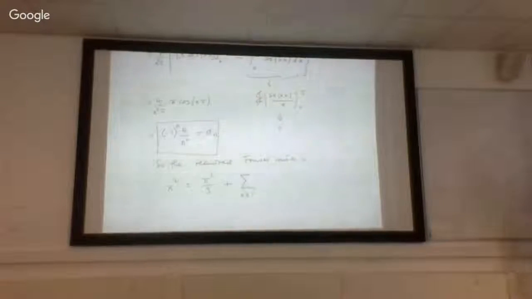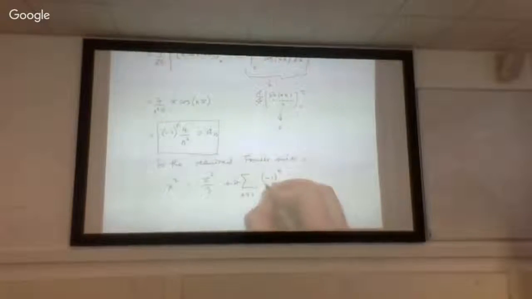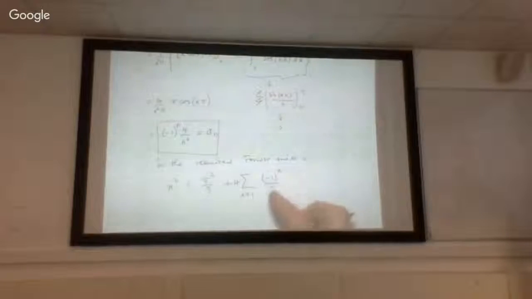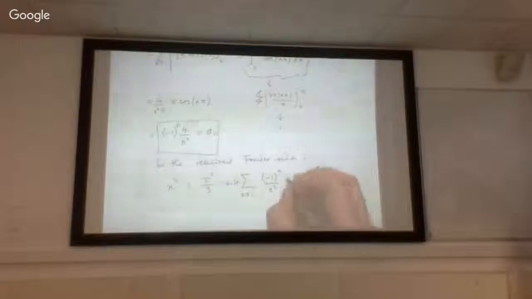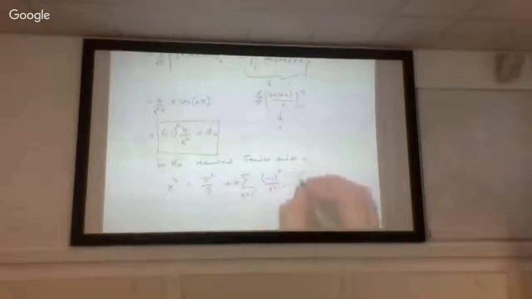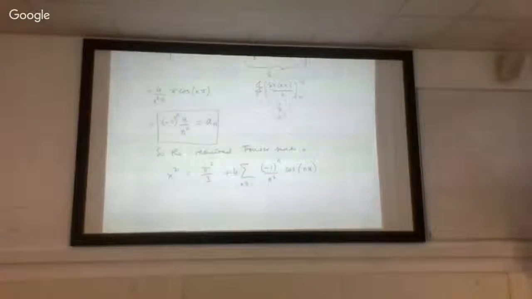So I can pull out the 4. And so it's going to be minus 1 to the power n. Of course, I can't pull out these other things because they depend on n, so they're changing, so they aren't common factors. The 4 is a common factor, so that can come out to the front. So this is the Fourier coefficient, and this is multiplied by cosine nx. So that's our required